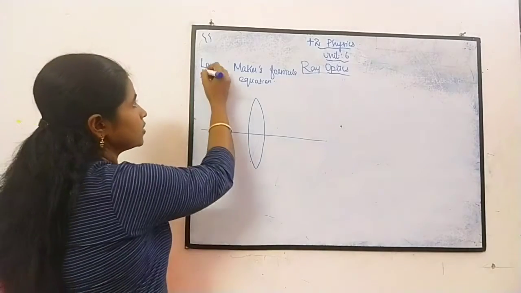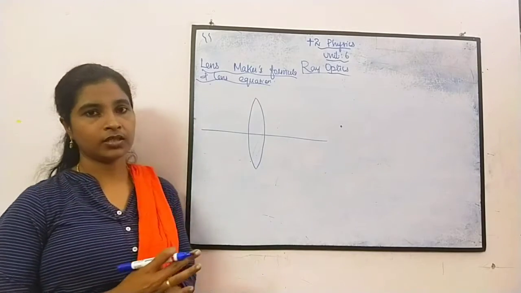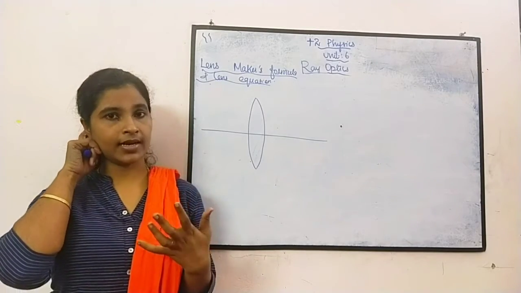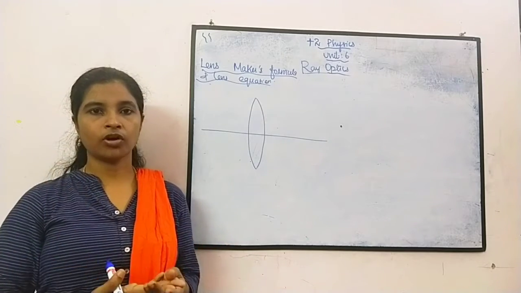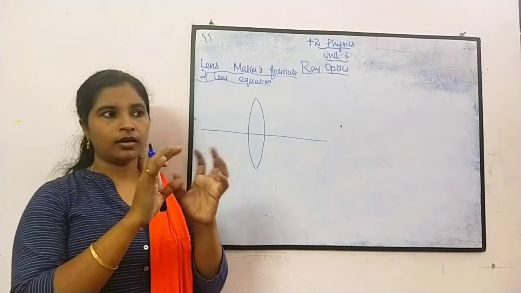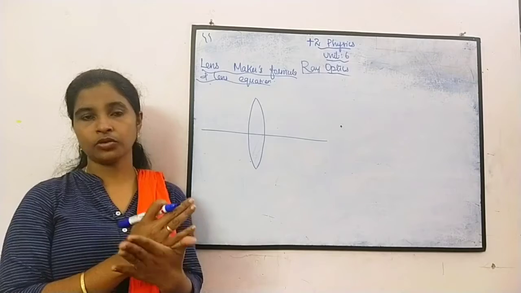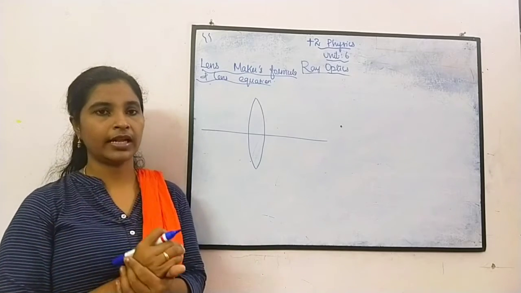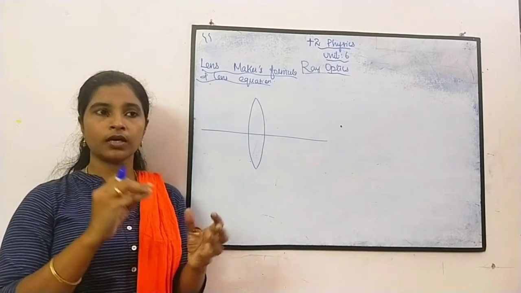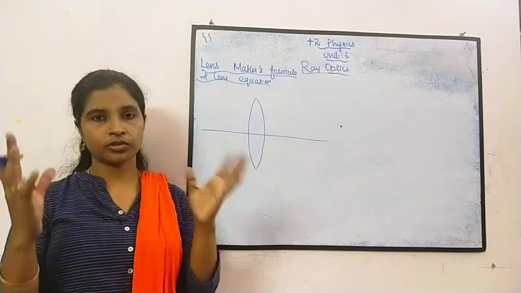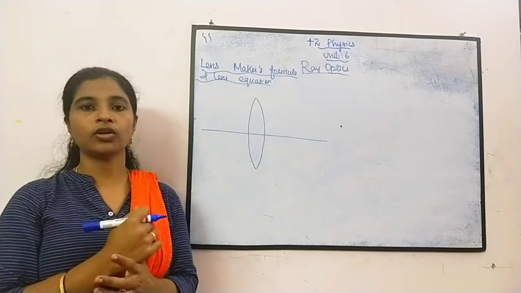Now this is a very important topic: lens maker's formula and lens equation. If we have any defects or power problems in our eye, we consult a doctor, and they give a particular focal length. Based upon that focal length, the lens maker should make the lens, so they should have certain ideas. In order to make a lens, what factors should he consider? He should have knowledge about that.